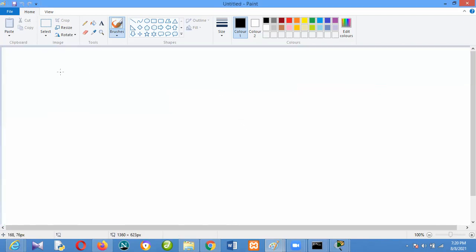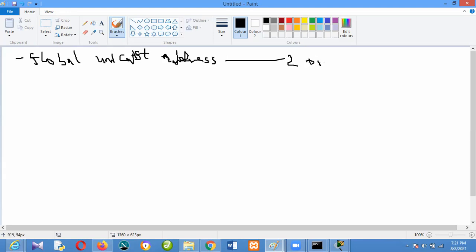So for types of IP address, we have global unicast address. A global unicast address is any IPv6 address that starts with 2 or 3.